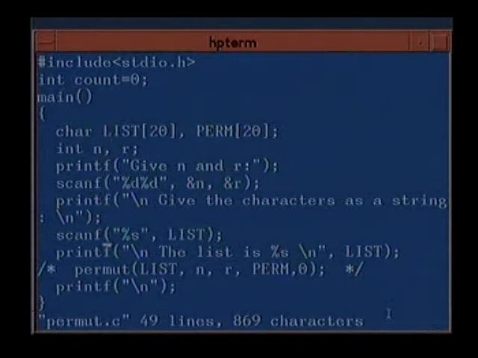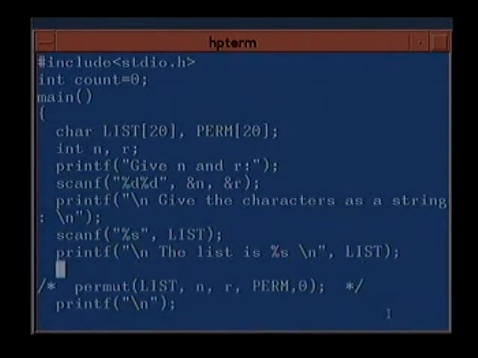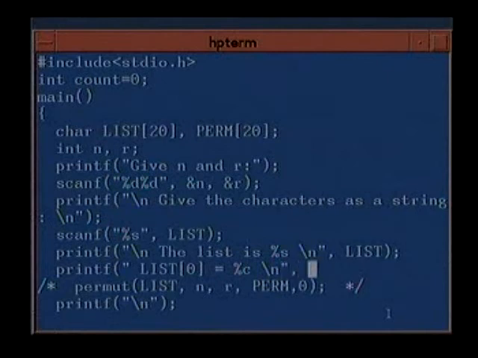Suppose you wanted to print out in %c format, say list 0 equal to %c, and you want to print out the value of list 0, that also you can do and print it out as a character. So let us see how this works.